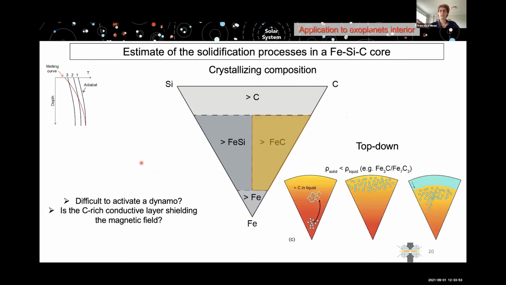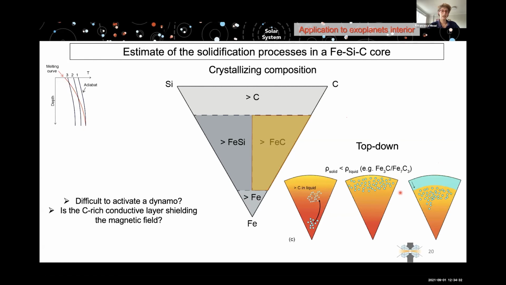If we consider the opposite case, we are in the Fe-SiC field. So we are crystallizing an alloy in which the first phase to form will be iron carbides of some sort. In this case, we can expect the iron carbides to float back upward due to their lower density compared to the remaining liquid. And here, because the temperature is still higher, they will remelt and enrich the liquid in carbon. When the liquid reaches the saturation limit of carbon, we will start to form carbides, ideally, and this will create an upper layer. So this is a top-down